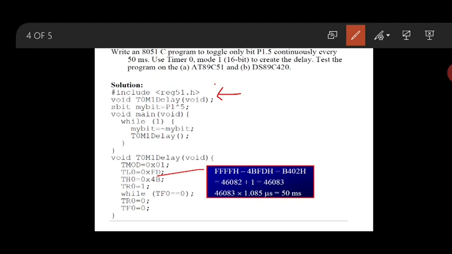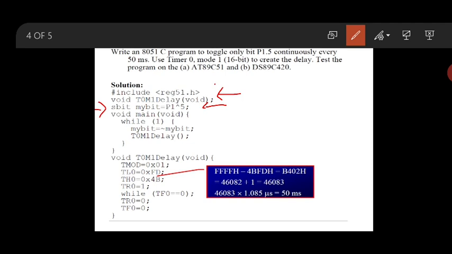In the third statement, when you are accessing a single bit of the port, we need to use the data type sbit, and next will be a variable name. I have given the variable name mybit, equal to P1.5.